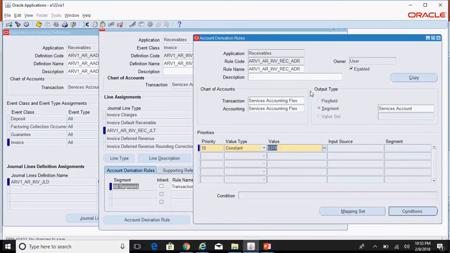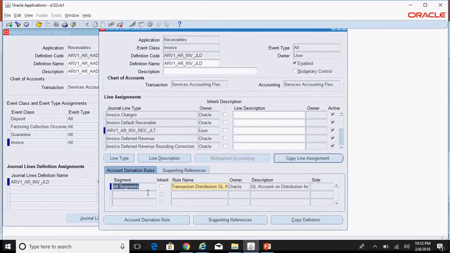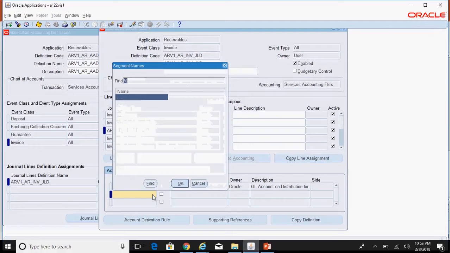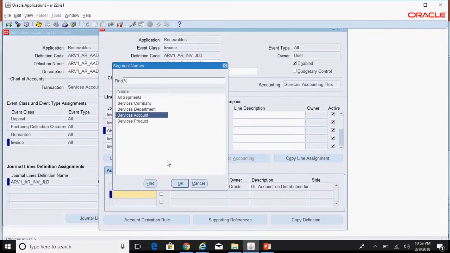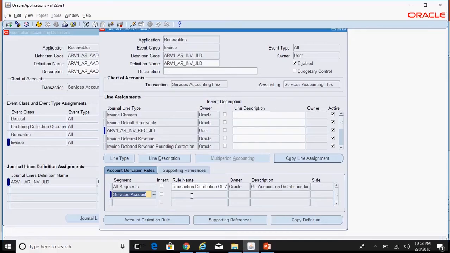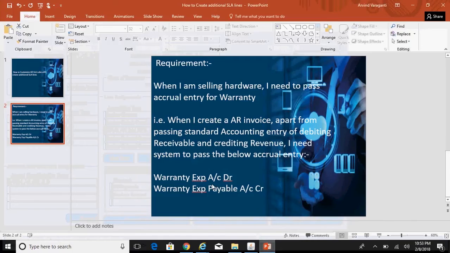Okay, save this, copy this rule, close this. Now put your cursor here, add the ADR we have created for the account segment. Okay, save this. So this takes care of the debit side.